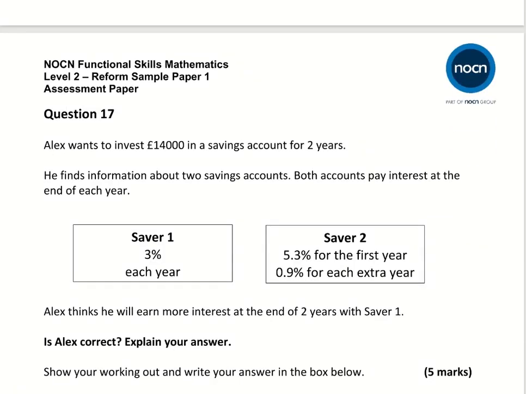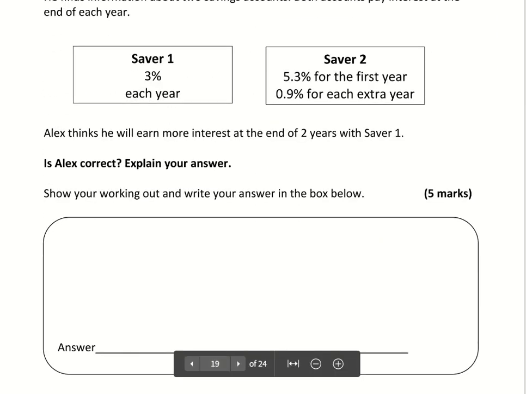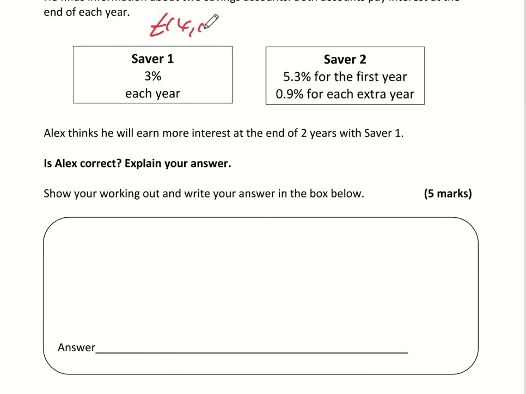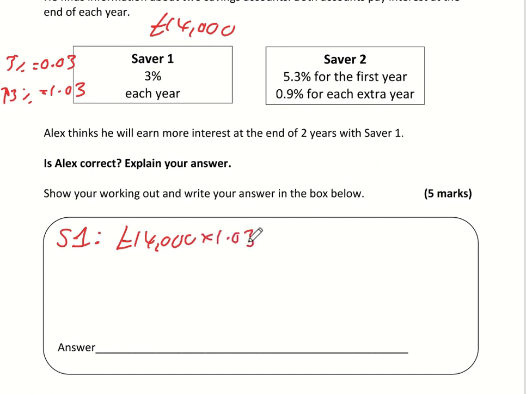So question number 17, so we're investing £14,000, let's just make a note of that. So in Saver 1, just write S1, it's going to increase by 3% per year. Now the multiplier for 3% is 0.03, but when we want to increase by 3%, we add 1 to this figure, so it's 1.03. So it's going to be 14,000 multiplied by 1.03, and it's 2 years, so we'll multiply by 1.03 twice, or 1.03 squared, and that comes to